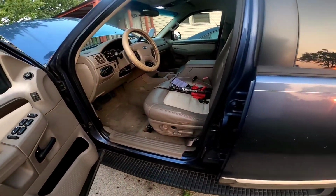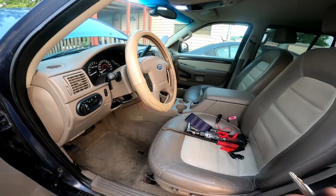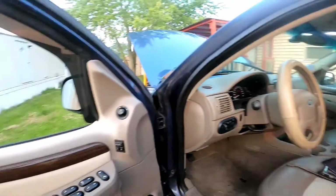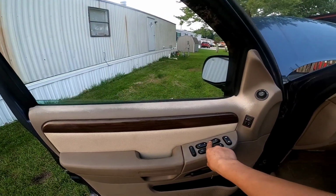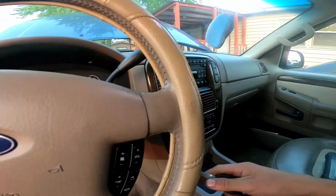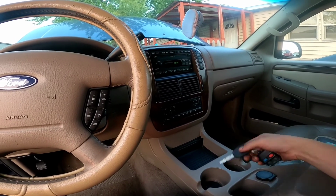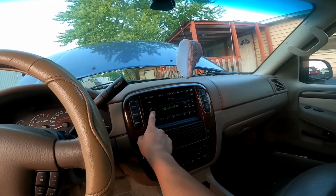From this customer's car, the customer complaint is that the battery drains very rapidly. You can see the key is in my hand. You can see I'm able to lift up and lift down the windows. Stereo is on,